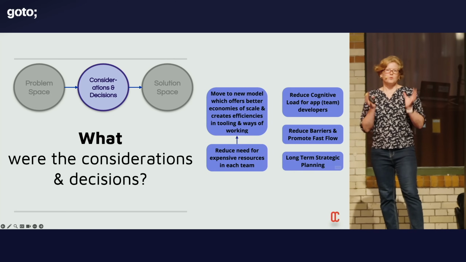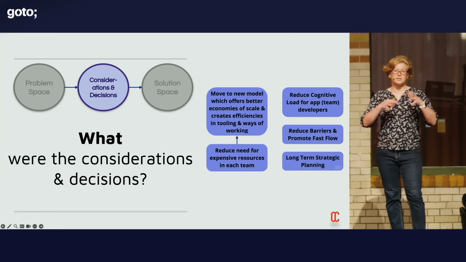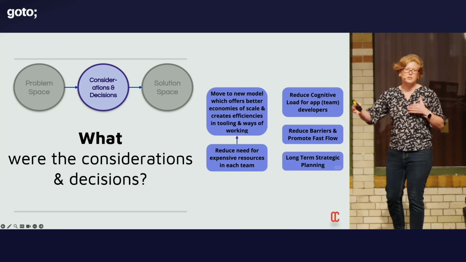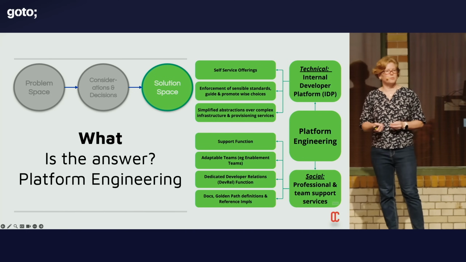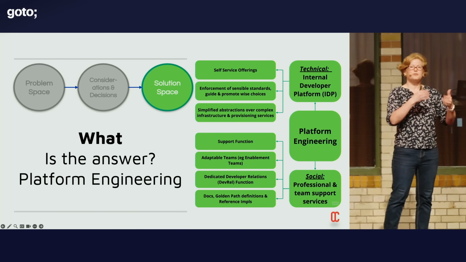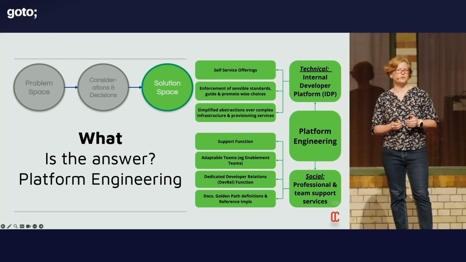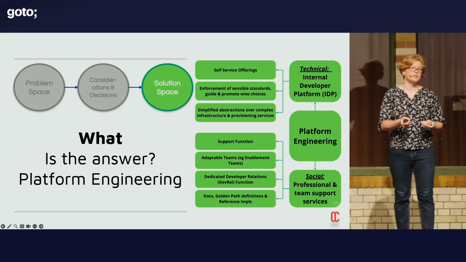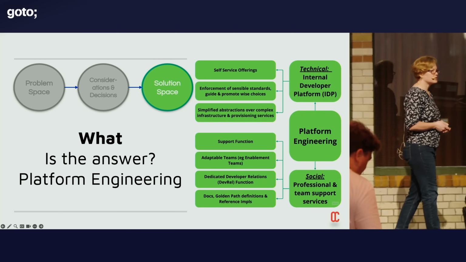And finally, we recognize that this is not something that's going to just happen overnight. We've got potentially a system that needs to deal with a large organization with lots of different teams, and so we need a long-term strategic way of moving forward. And that is where the ideal setup of platform engineering comes in. Now you can see how things like a self-service offering would address some of these challenges that I spoke about because it promotes fast flow. You don't need to worry about developers having to raise tickets and hundreds of things in order to provision a system. They can just consume that. So this is the ideal kind of setup.